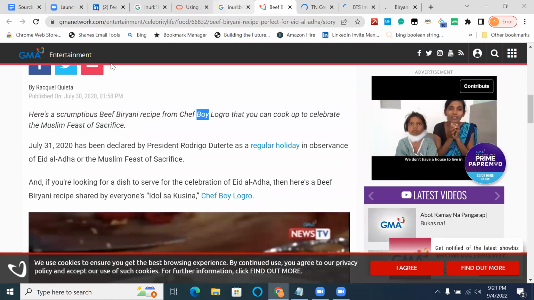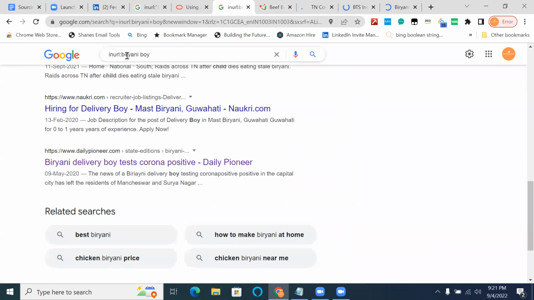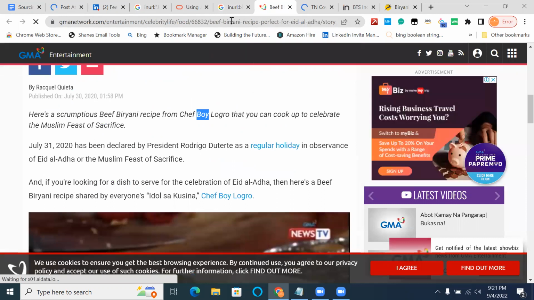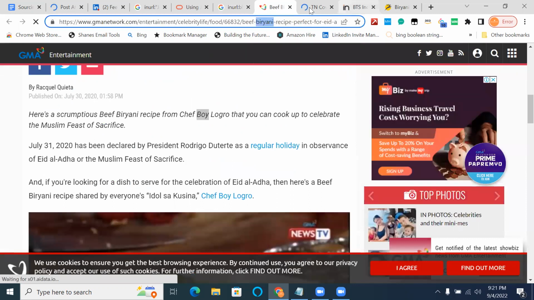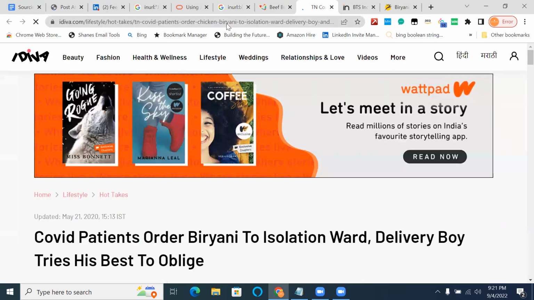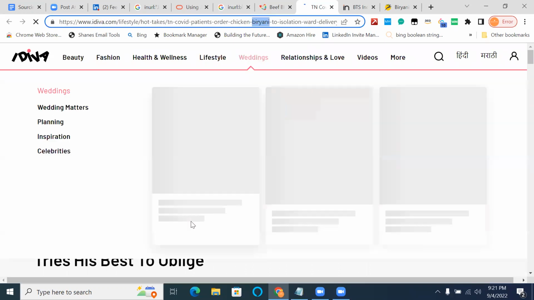It just understood inurl biryani as a command. It understood, okay, show a list of results where biryani exists in the URL and boy could exist anywhere. It could be in the title, in the URL, or in the text. Here you have a boy, here you have a biryani. So biryani is here, but boy is here, and the boy could exist anywhere.